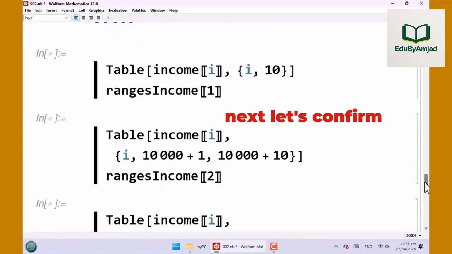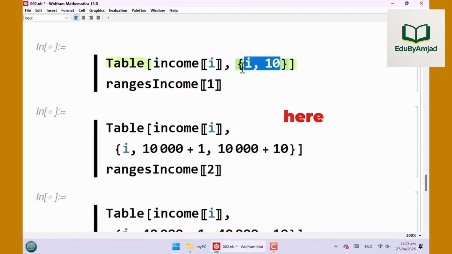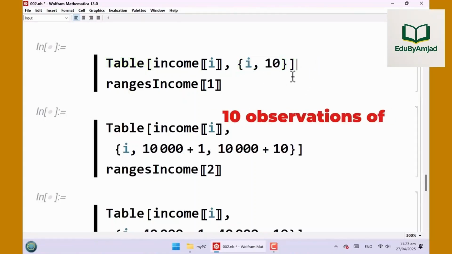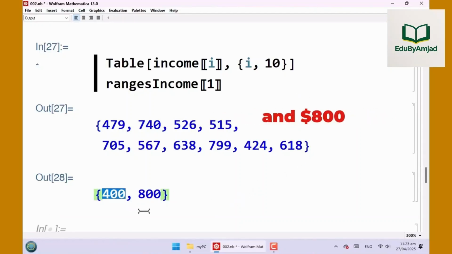Next, let's confirm and have a look at 10 income observations from each of 3 groups. Here, this first table list gives us 10 observations of first income group. Observe that all of them are in required income limits. All of them are between $400 and $800.